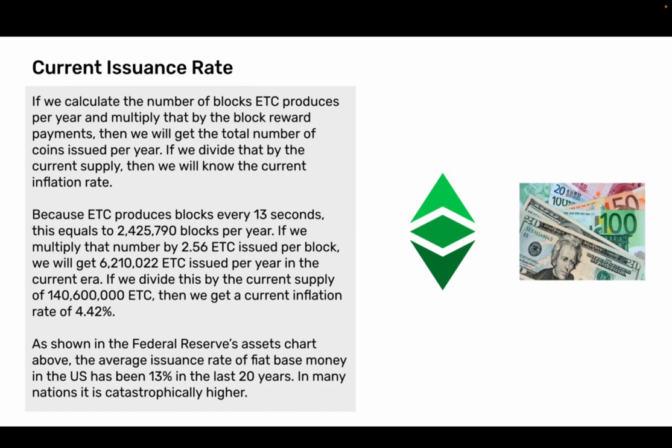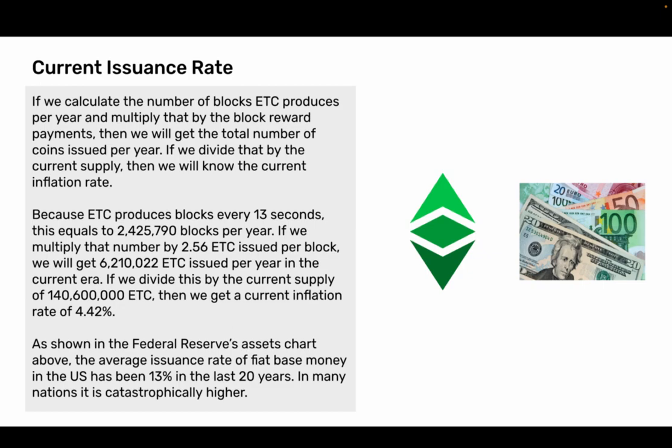Current issuance rate. If we calculate the number of blocks ETC produces per year and multiply that by the block reward payments, then we will get the total number of coins issued per year. If we divide that by the current supply, then we will know the current inflation rate. Because ETC produces blocks every 13 seconds, this equals 2,425,790 blocks per year. If we multiply that number by 2.56 ETC issued per block, we will get 6,210,022 ETC issued per year in the current era. If we divide this by the current supply of 140,600,000 ETC, then we get a current inflation rate of